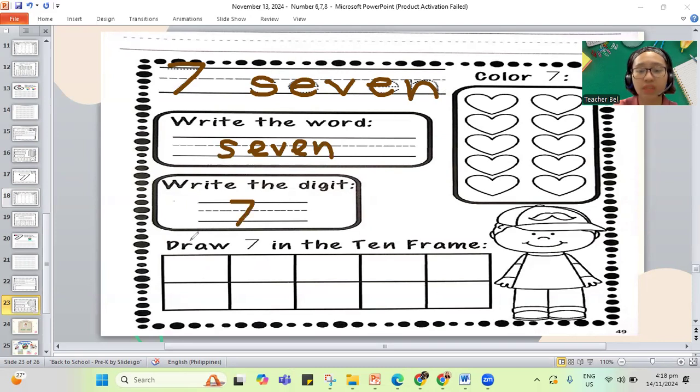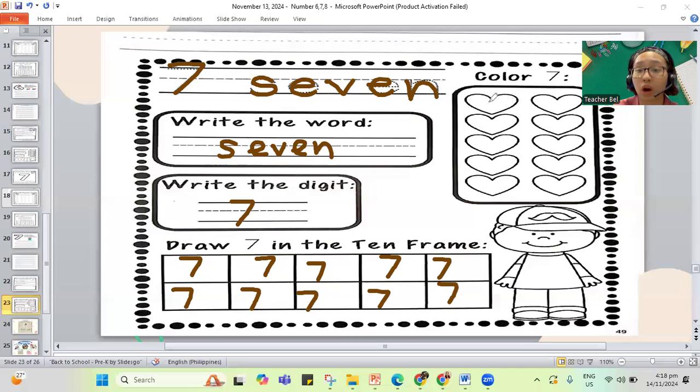Let's draw 7 in the 10 frame. We have 1, 2, 3, 4, 5, 6, 7, 8, 9, and 10. And what about we color for our numbers?